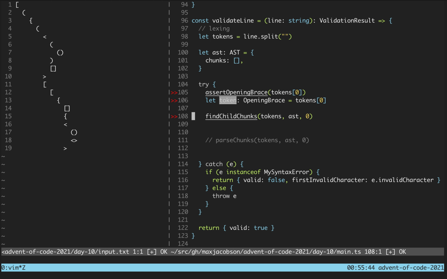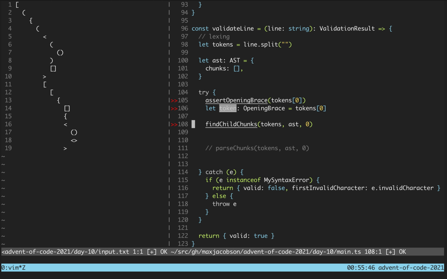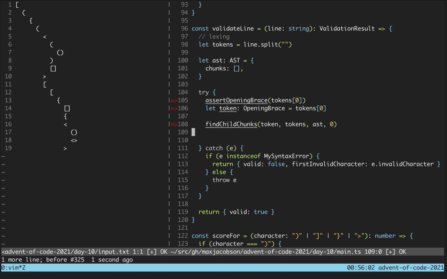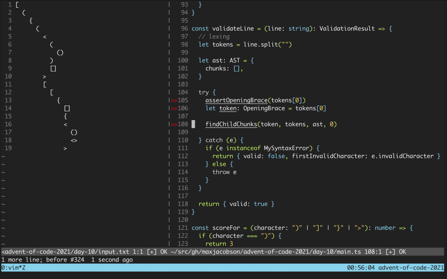Right, and I guess this isn't hugely different, but here's the important difference: we'll also pass in token, right? So if we do that,